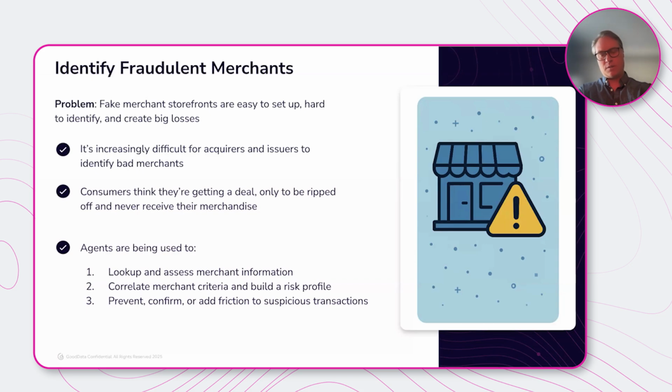It can assess the merchants, build the risk profile, correlate data from different aspects to say, okay, this is likely fraud. Or from an issuer side, they can add friction to the process and confirm with someone that they wanted to actually make this transaction, or connect with other issuers and say, hey, what have you heard from this merchant? Have you seen this before? Does this work? And so AI can really help identify things like this and make this process easier.